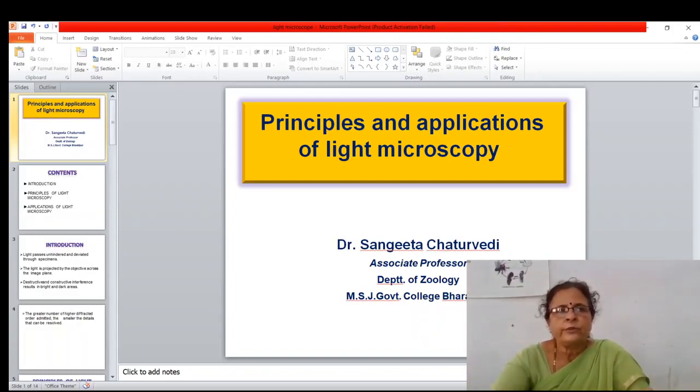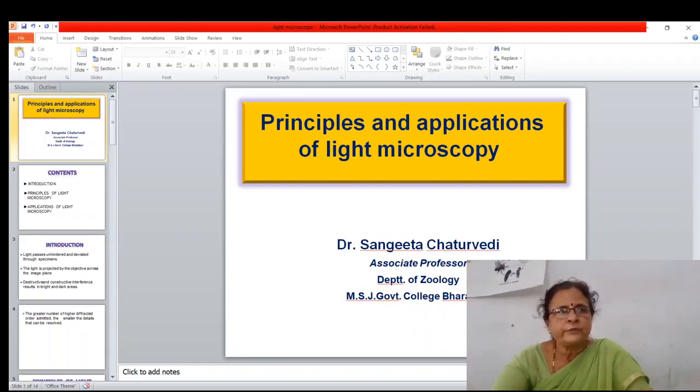In a microscope, there is a combination of lenses. Basically, we have two types: simple microscope and compound microscope. A simple microscope has a lens which directly magnifies the given object, while a compound microscope has a combination of lenses which enlarge the image formed by the first lens many times further. This magnification is denoted in terms of X.